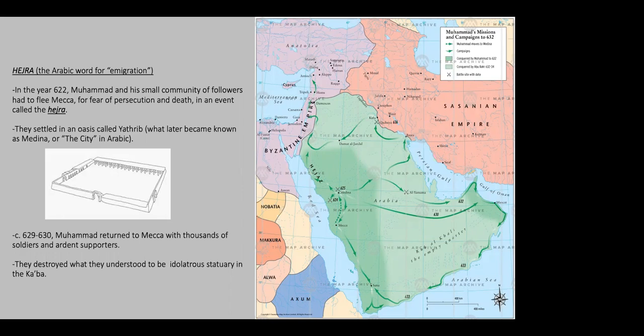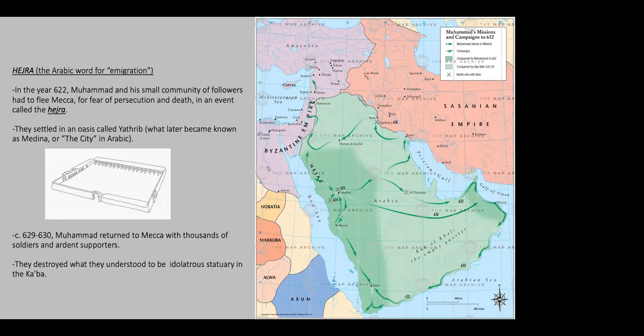The Quraysh were displeased not only because it undermined their entire way of life and belief system, but his teachings ultimately threatened Mecca's political economy by potentially doing away with the lucrative business brought by pilgrims visiting Hubal at the Kaaba. So in 622, the Prophet Muhammad and his closest companions had to flee Mecca out of fear of persecution